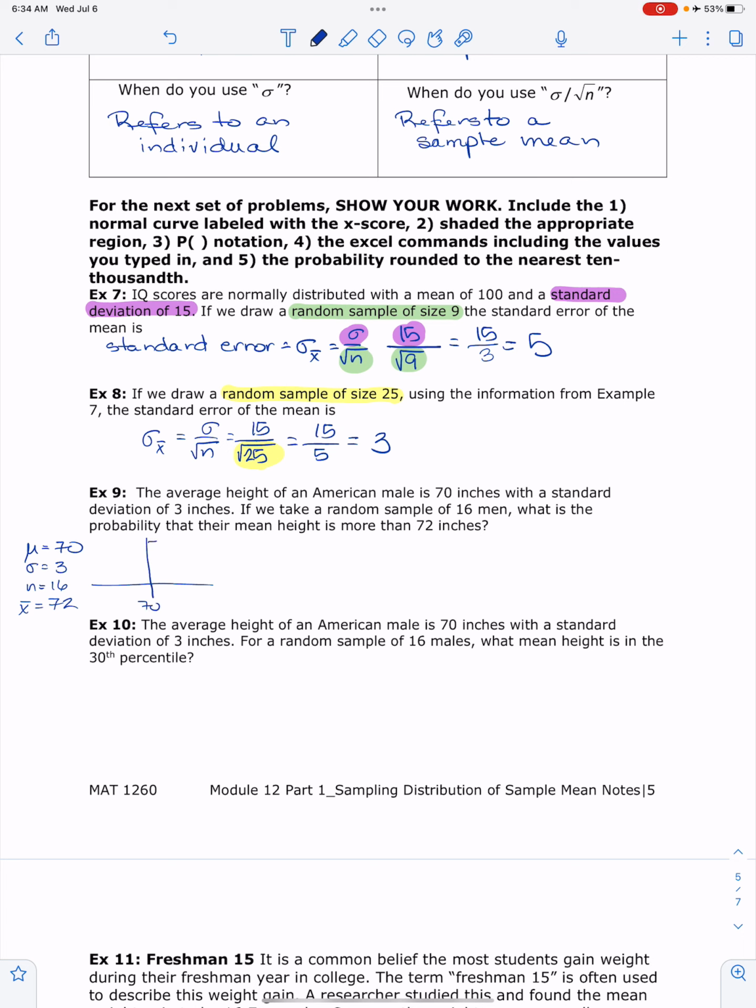So here's my population mean. Keep in mind that is also the mean for all samples of size 16. Okay. So let's figure out what our standard error is here. I have the population standard deviation divided by the square root of the sample size. 3 over the square root of 16 here. 3/4, 0.75. So in my normal distribution, one standard deviation for a sample of size 16,